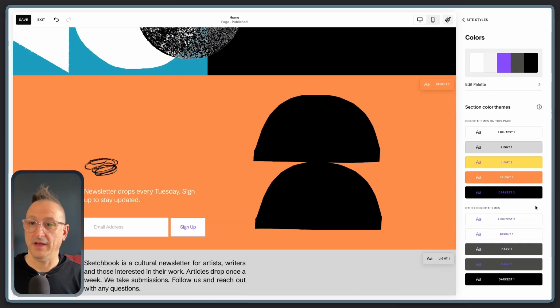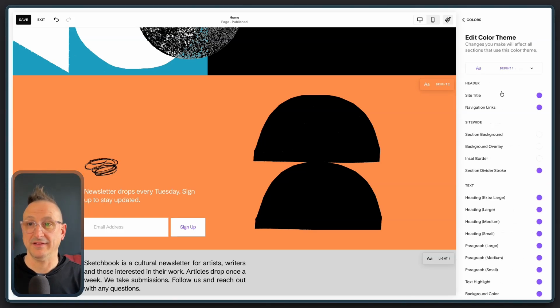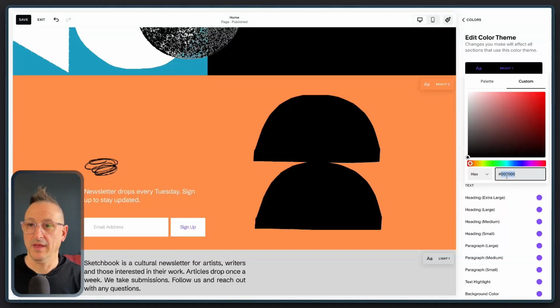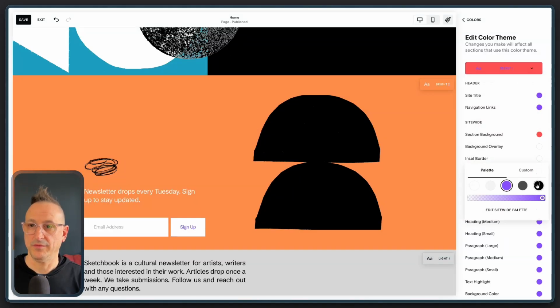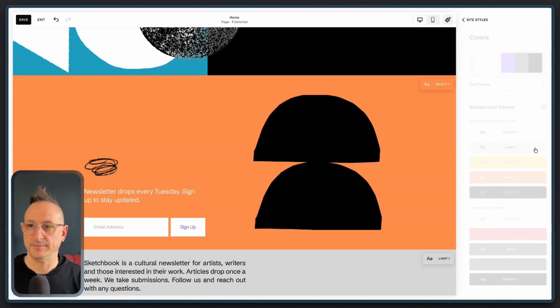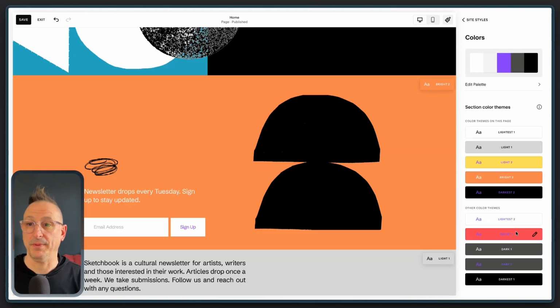And then the other bright, which doesn't need to be white because our lightest 1 and lightest 2 use white background. With this other bright, let's go with the nice RGB. Oh, hex. We'll go with a nice pink. And certainly can't keep. Oops, I clicked one time too far. So now we have a pink, orange, yellow,